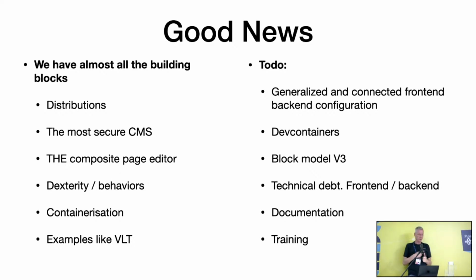Like I said, we have some stuff to do. Dev containers. The block model is a huge overhaul that will improve many things. Talk to Victor. We have quite a bit of technical debt. I think what we see in the speed of JavaScript communities and the JavaScript programming language and Plone's Python programming language, the technical debt we've built in 20 years in Python Plone, we have the same technical debt in 5 years of a front-end JavaScript framework. So I will slow down my talking a bit.